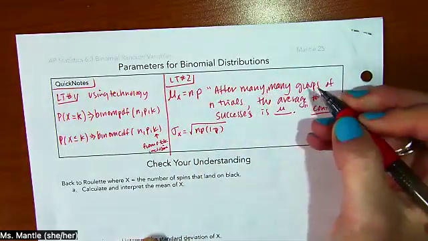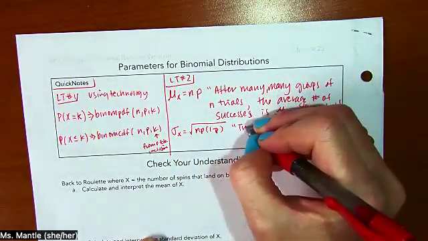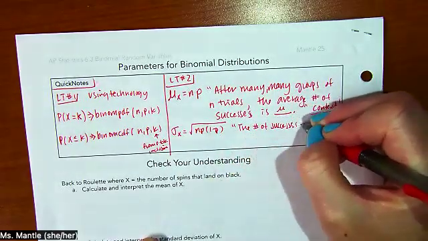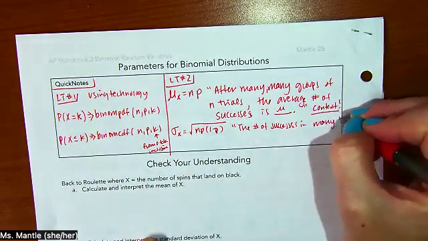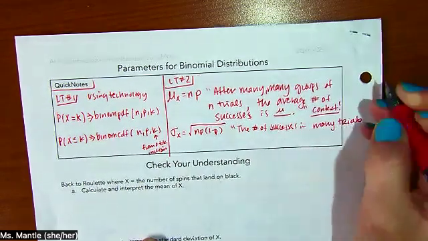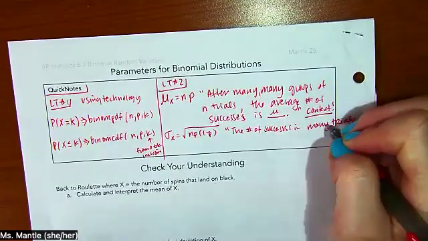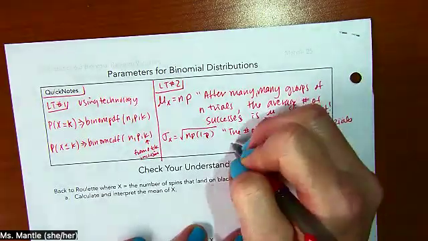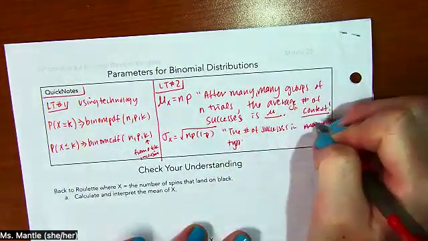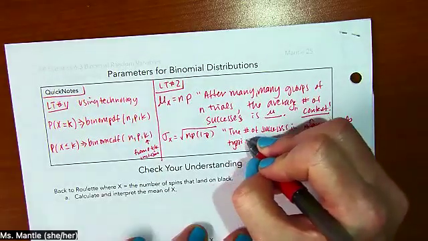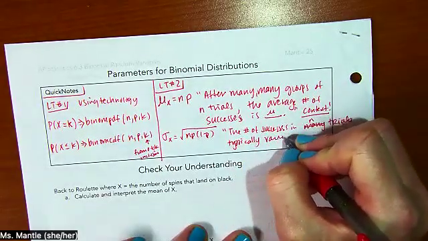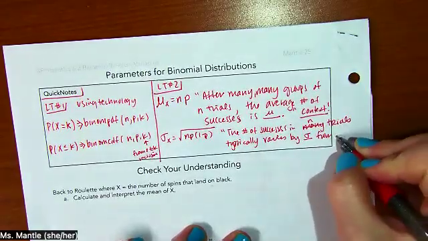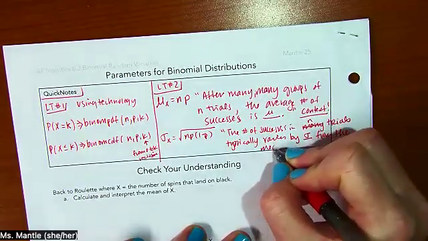And we say the number of successes in many trials typically varies by sigma from the mean mu